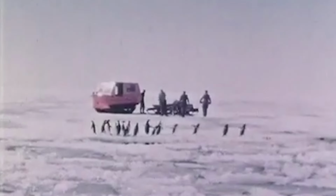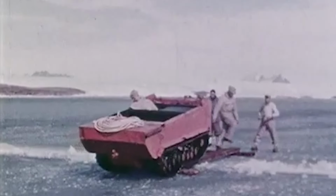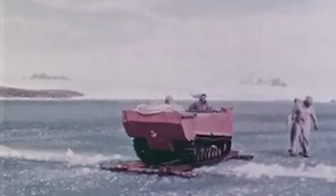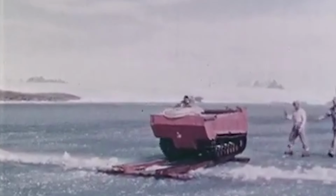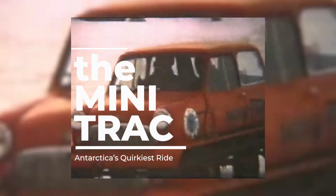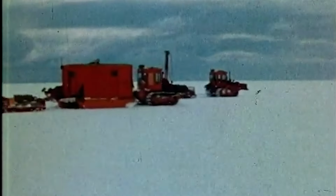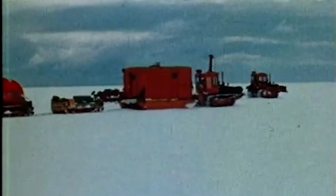While it would be a push to call it a success, few modes of transport that came out in this time period probably ever came close in terms of quirkiness and style to that of the Mini Trac. But how did this bizarre cross between a mini and a tracked snow vehicle get made, and where, perhaps, are they now? In the early 1960s, the Australian National Antarctic Research Expedition began looking into acquiring smaller and cheaper vehicles